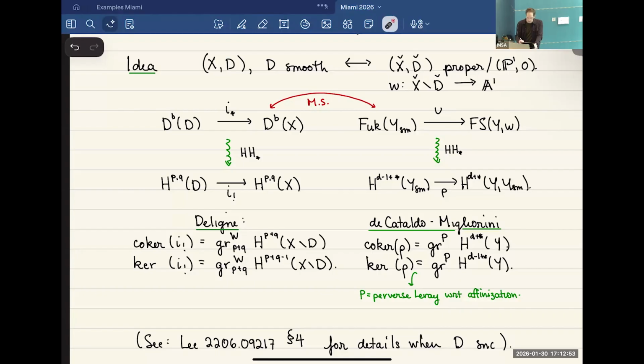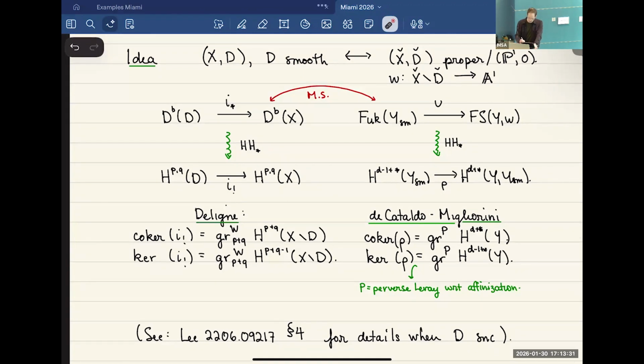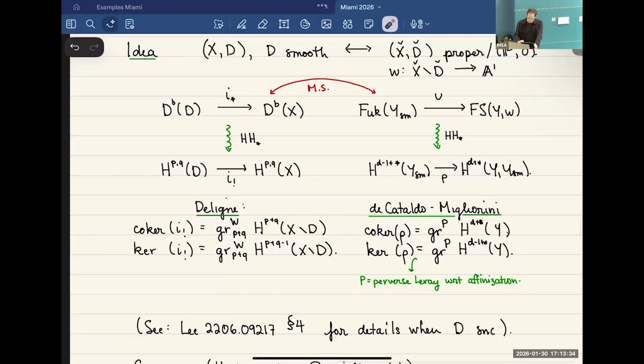On the cohomological level, you have a corresponding map. Applying Hochschild homology to this, you get a pushforward in cohomology between the cohomology of D and the cohomology of X. And on the other side, you get a boundary map in the relative cohomology exact sequence. The idea then, which is pretty straightforward, is that you can use this map. This appears in the relative cohomology exact sequence, and you can see that the cokernel of this map just gives you the